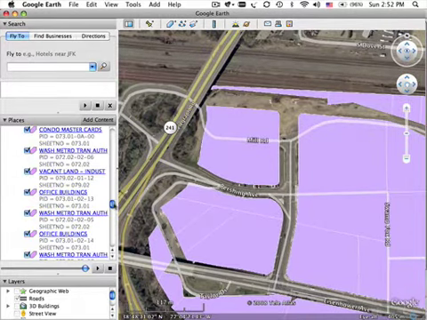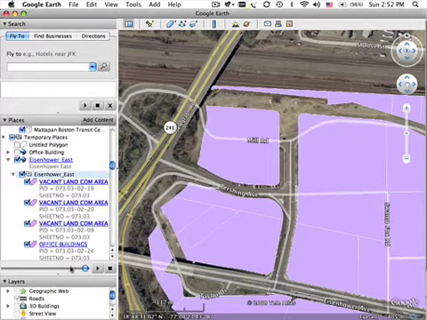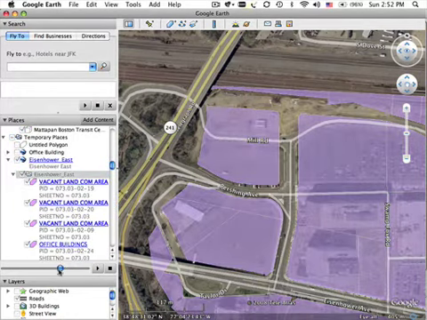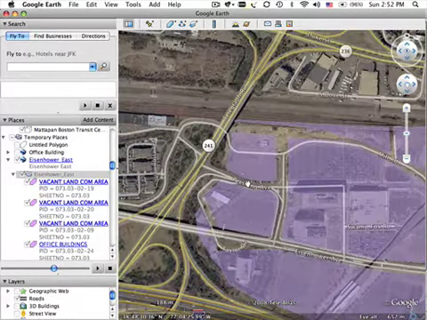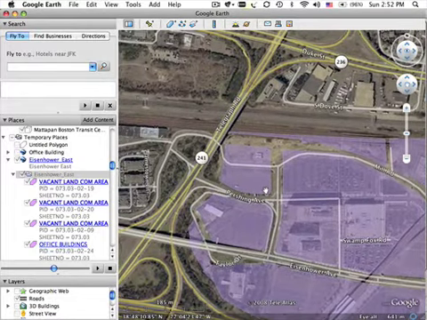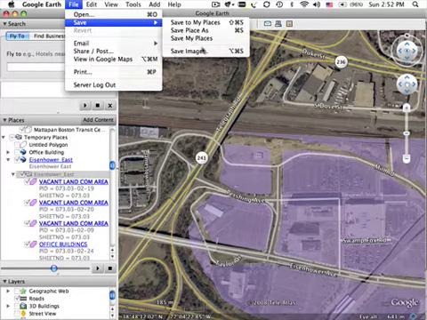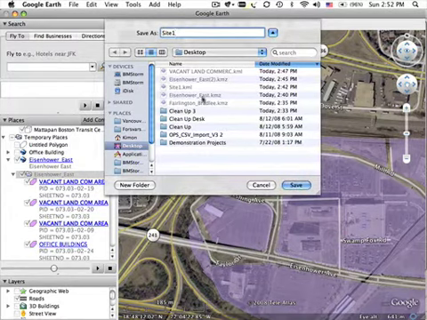And what I'm going to do is turn the transparency down on this. On the left side in Google Earth, there's a way of turning this down so you can see the underlying image. I'm going to zoom out a bit. Let's say that we want to get the context in along with the parcel that we just brought in. What I'm going to do is save an image of this from Google Earth, Site 1 as a JPEG,